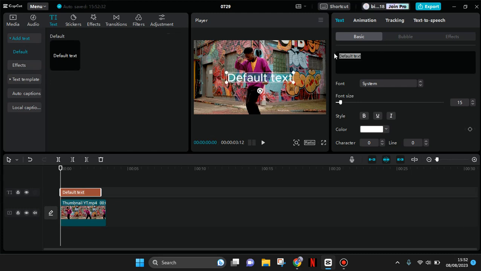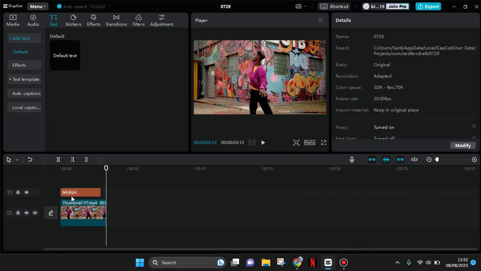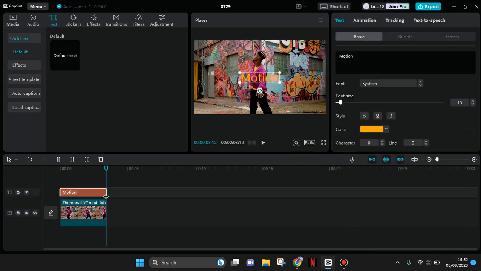Okay, motion. Okay, like this, and I'm going to change the color first to make it visible. Okay, I'm going to use this orange color, and then after that, to do the motion tracking, just click